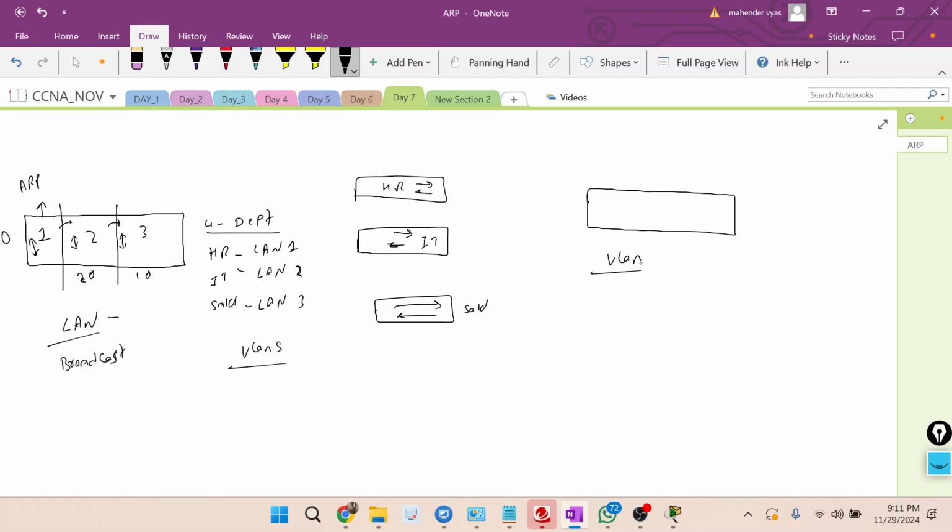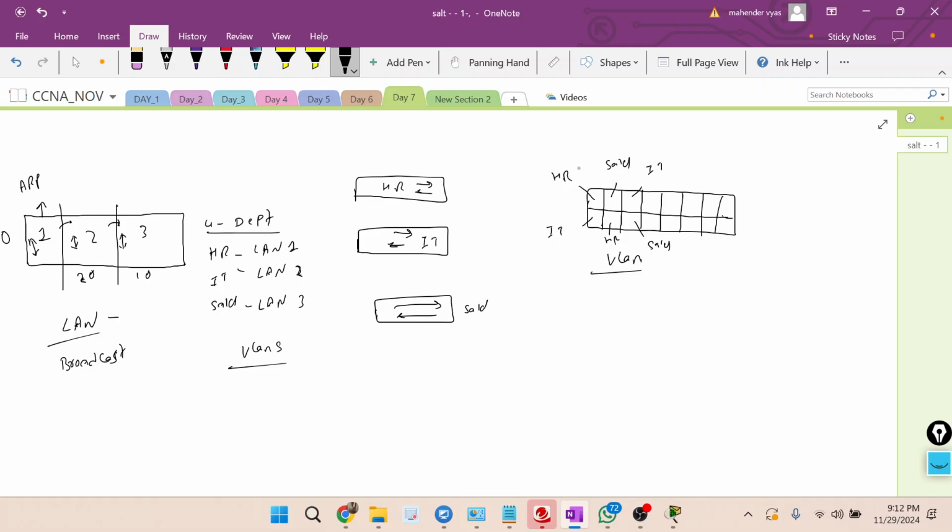Then whatever ports we have, this is like a switch, right? After creating virtual LANs, we will decide this port should be part of HR, this port should be part of IT, this port should be part of sales, again the fourth port HR, fifth port IT, sixth port sales.